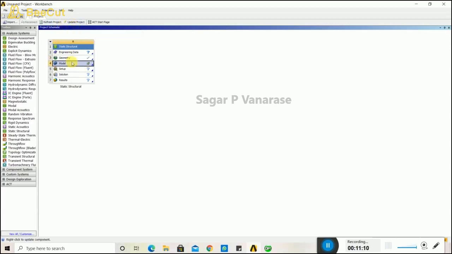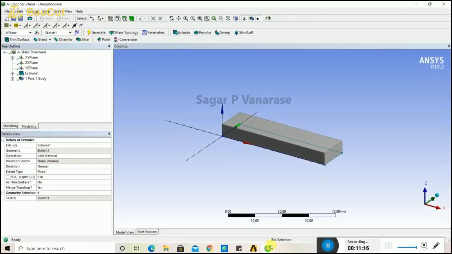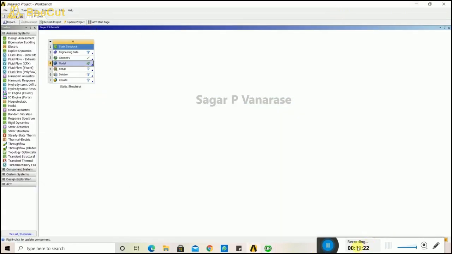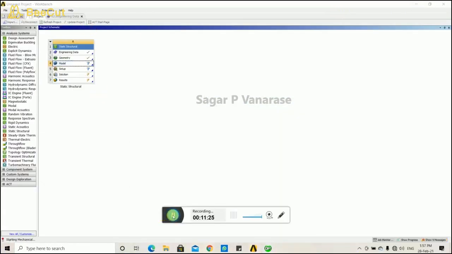So our geometry has been updated in the toolbox. The new Design Modeler is now taking time. Okay, so our modeler will be opening.